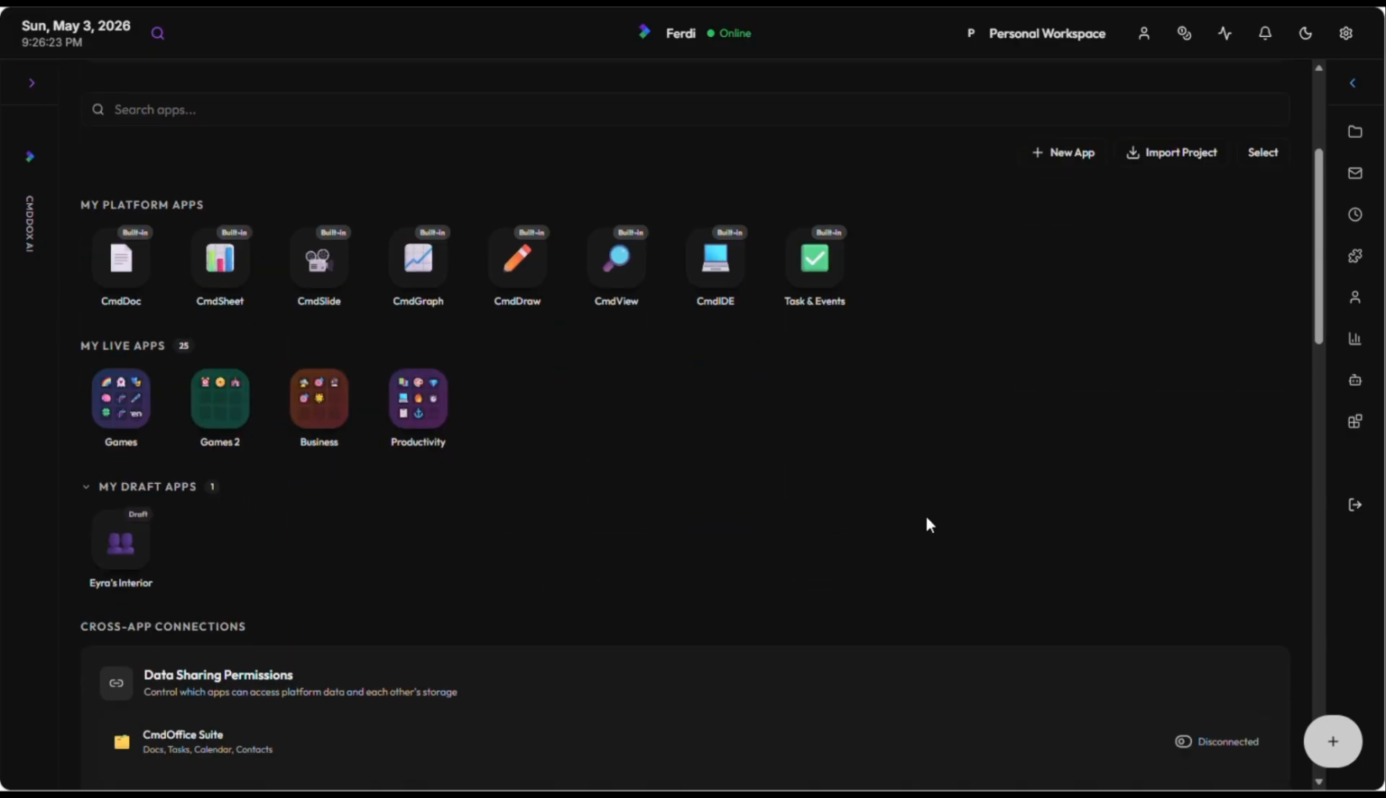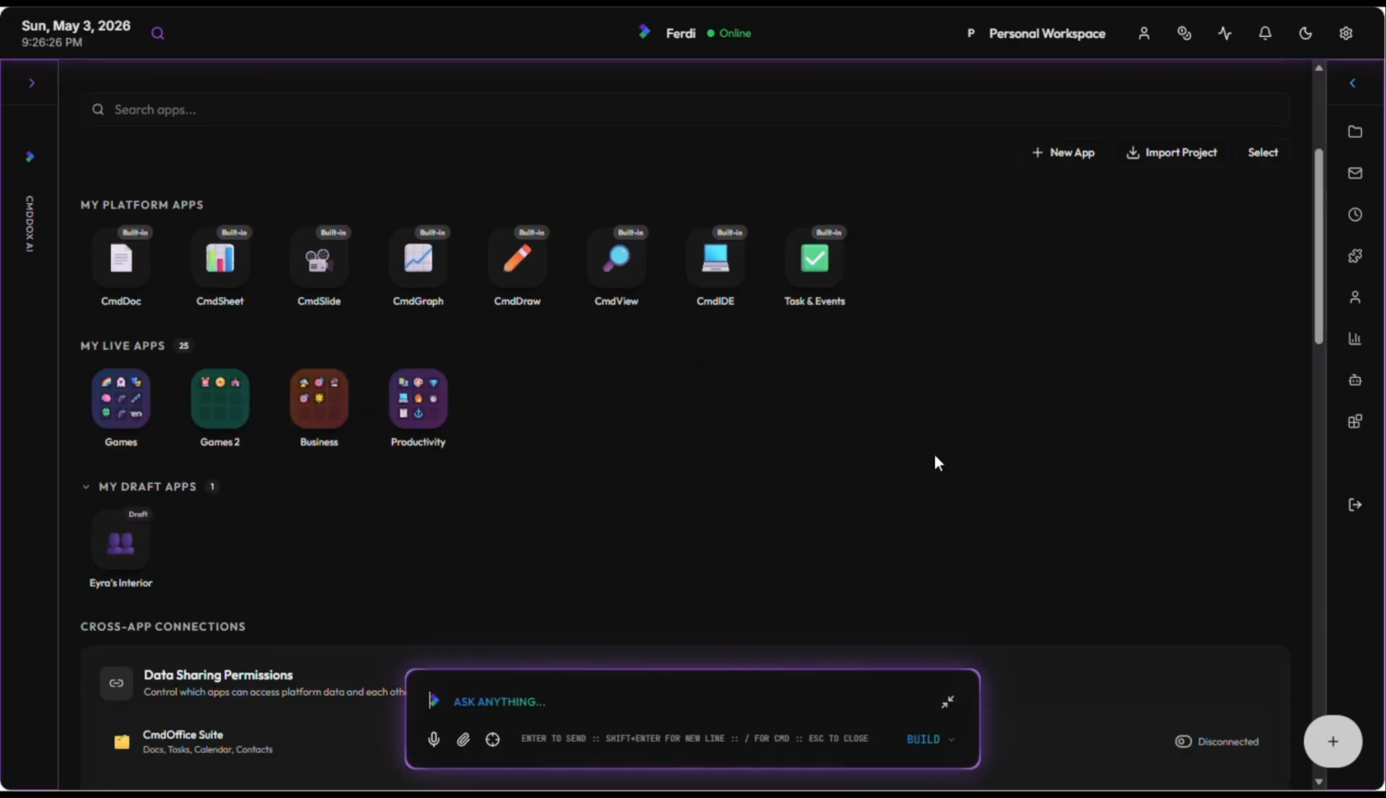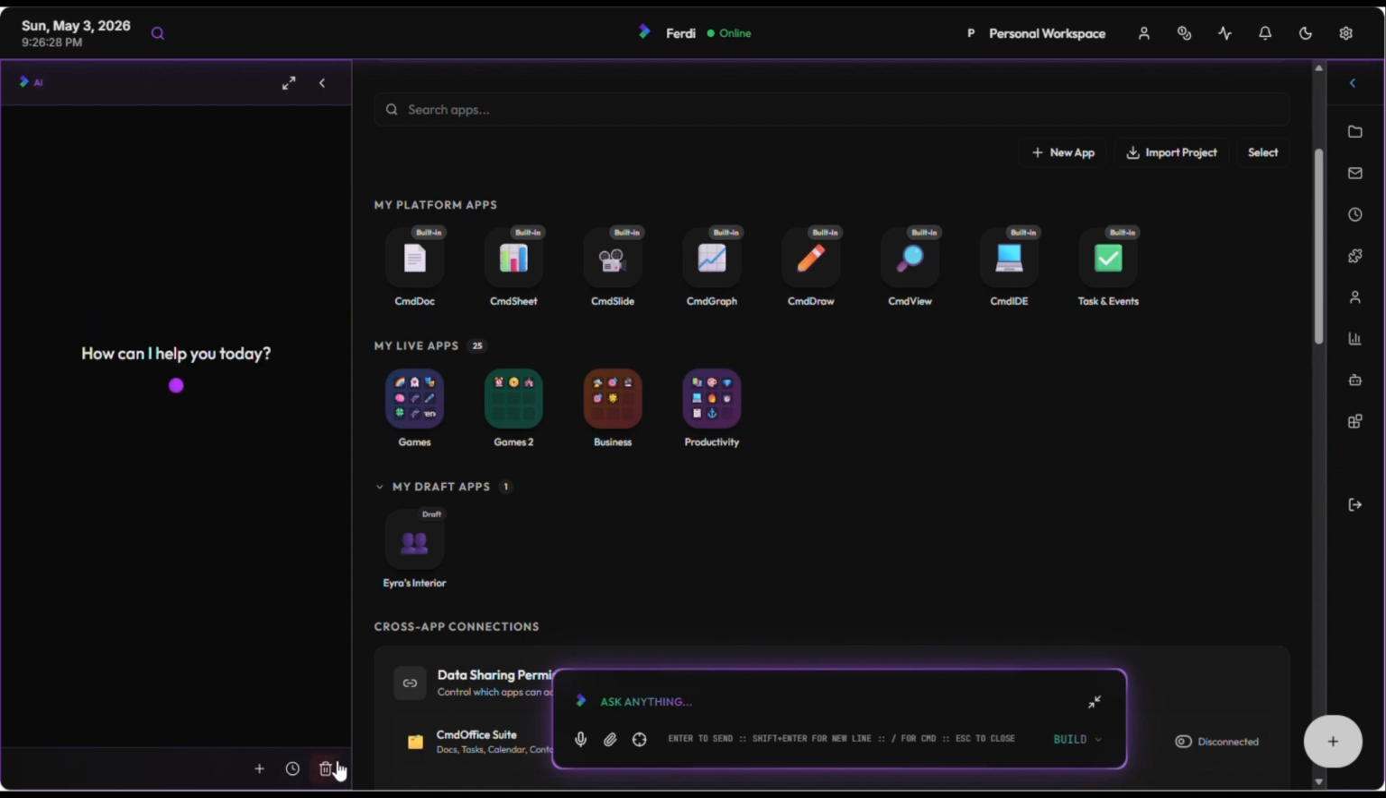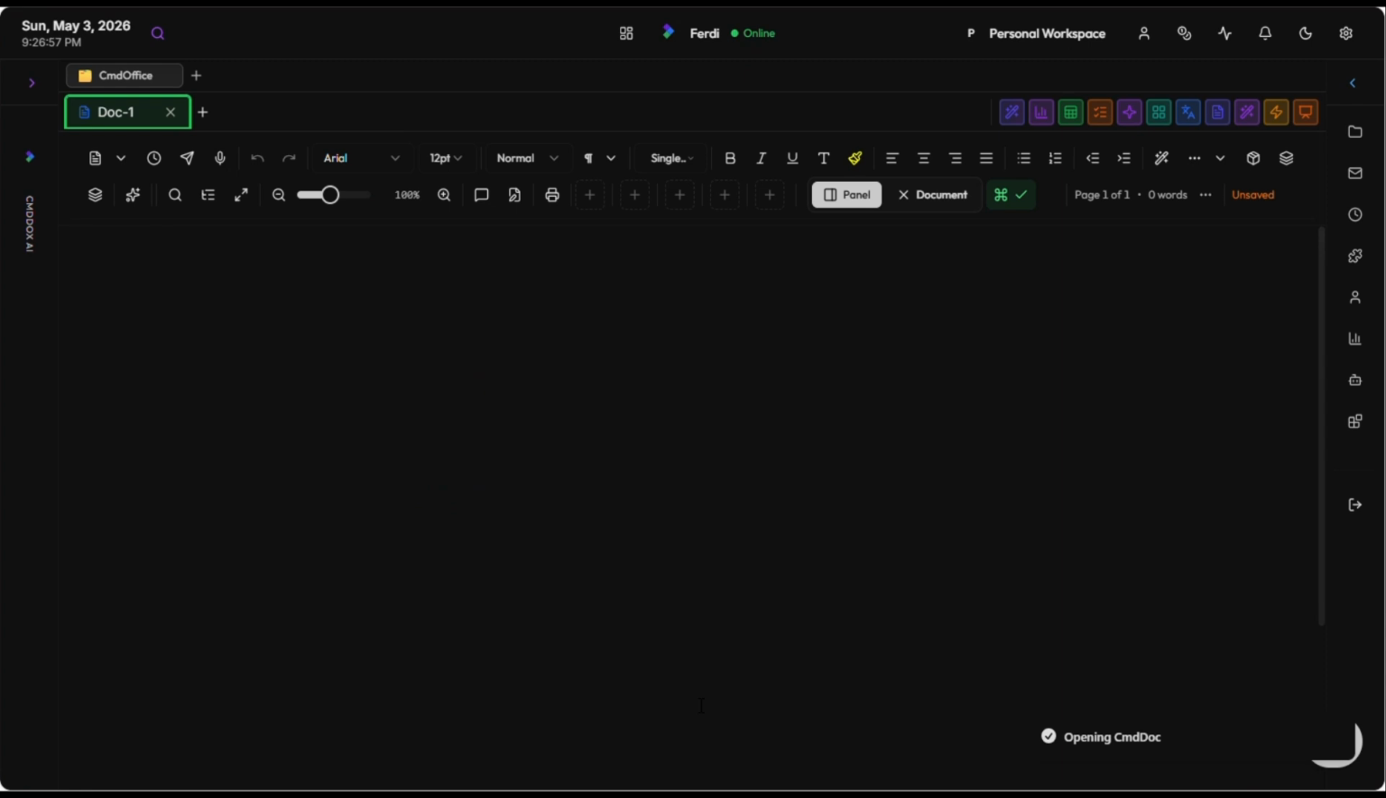This is where, of course, we have our AI, and then we can hide that. That's not what I was getting. Right there. Open CMD doc. And then